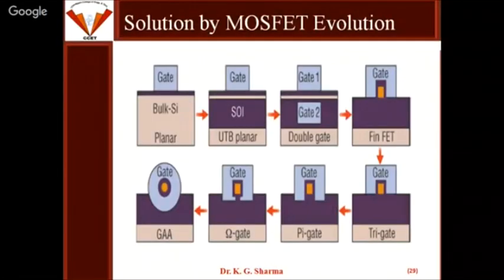Next is the double gate MOSFET. Suppose we are controlling the channel current from one side. If we can have the possibility to control the channel from the other side also, then it will produce good control over the electromagnetics. So if we can have the gate from both of the sides, then obviously the controllability will increase and we will have more control over the electromagnetics. So the double gate MOSFET